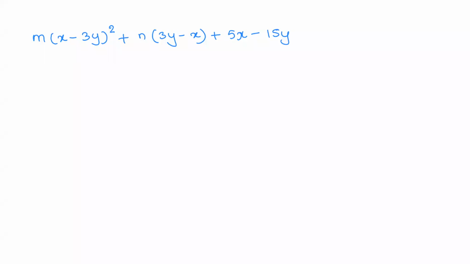Now we have x minus 3y over here. X minus 3y. Now if you see over here, we have 3y minus x. So once again, as you already know, we have to swap the terms so that we can make x minus 3y common. So if we swap 3y minus x in the second term, what will happen as a result? Okay, let me write the first term as it is. Some of the students have already given the answer. That's so awesome. X minus 3y the whole square.